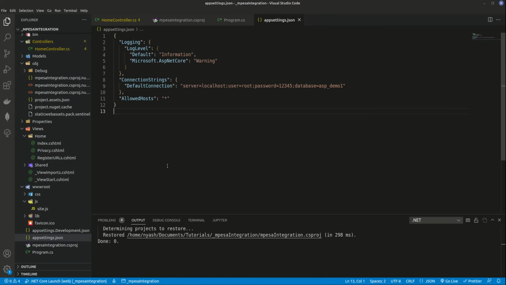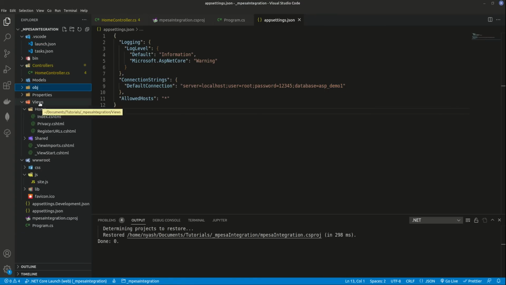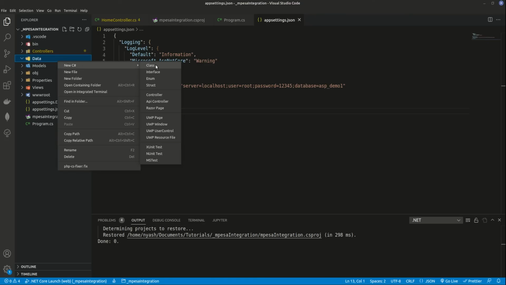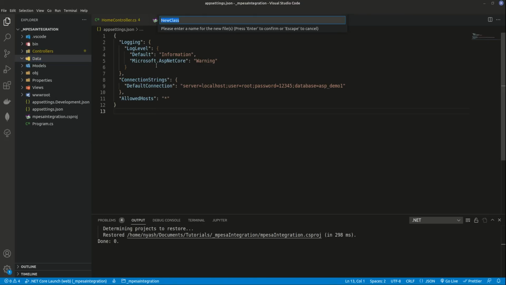So if you go live, we'll discuss that one, but this is where you will need to change to point to your database. Okay, after that, if you look at this, we don't have the data folder, so I'll click here and create a folder called data, and this now will contain our database context. Okay, so I'm going to create our database context. So we're going to create a class here. This class is going to be application